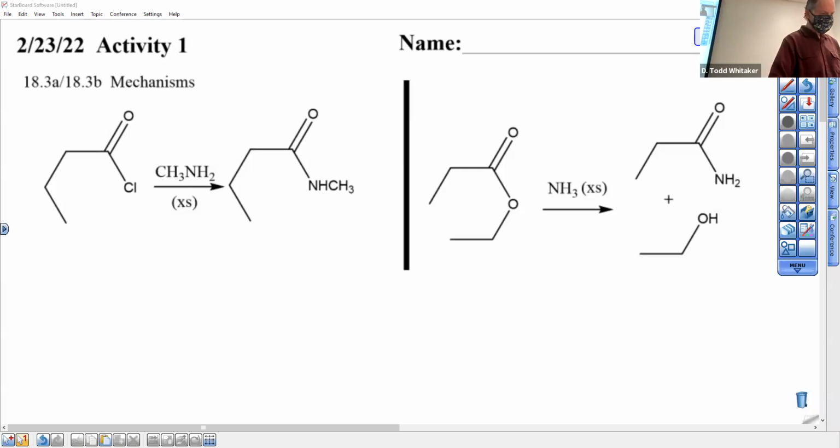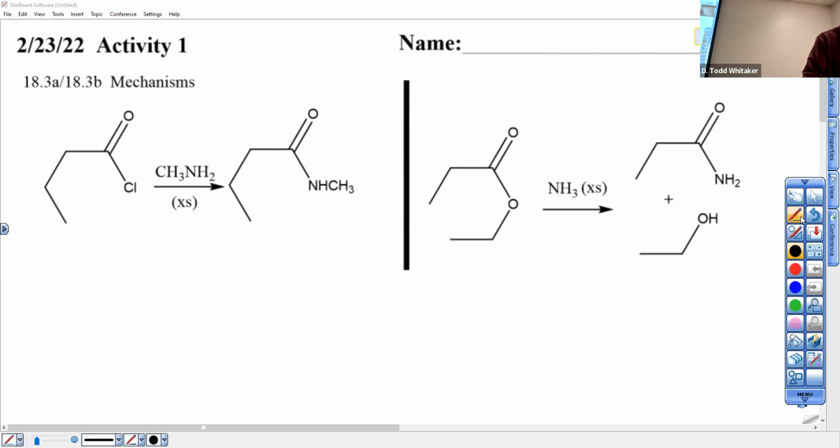All right, everybody, we're going to continue our exploration of mechanisms in Chapter 18. Chapter 18, we always have to remember, it's all about functional groups that are derivatives of carboxylic acids, with acid halides being the most reactive. And a close second is acid anhydrides, not on this page. A distant third, esters,